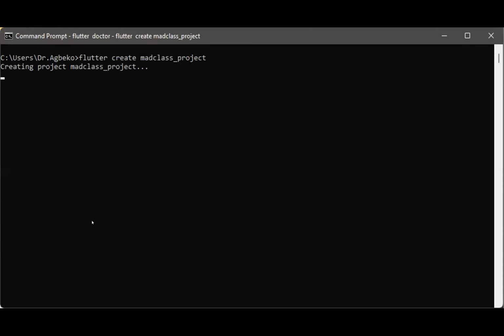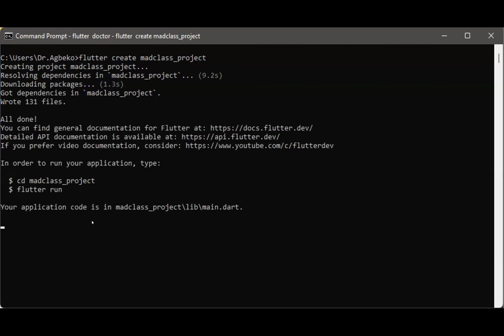So the first thing you do, if you want to start coding a project, you type Flutter create, and then the name of the project, and then you enter. Please, in the name of the project, there should not be any capital letter, okay? Everything should be in small letters. So it is creating it for you. Let's wait. Please, when you are installing the various software, make sure that the RAM size is more than 8 gig. Okay, 8, 16, to have enough RAM size.